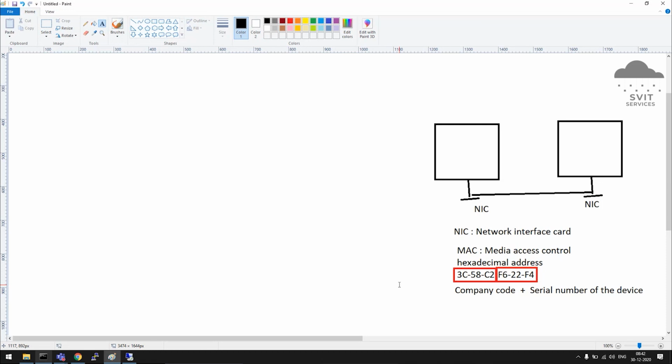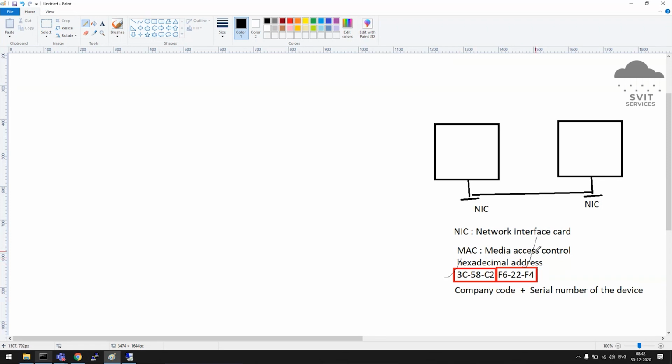If a different company is manufacturing NIC cards, their company code will be different. So the first half of the code will never match if the two adapters are coming from two different companies. This company code will be the same for all the adapters manufactured by one company, because they use the same code for all the devices they manufacture.